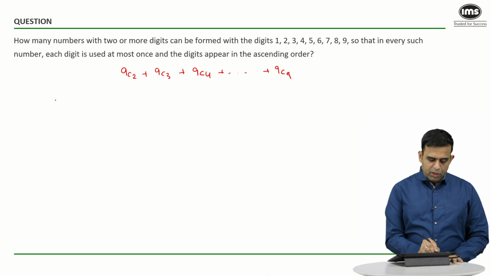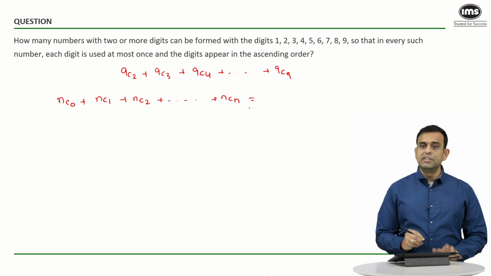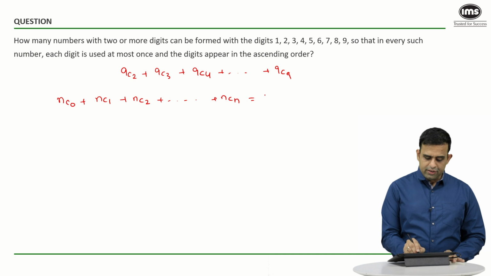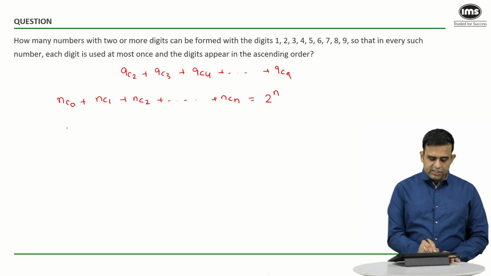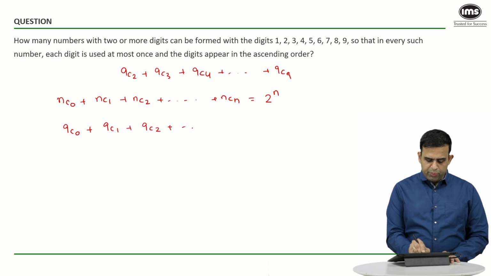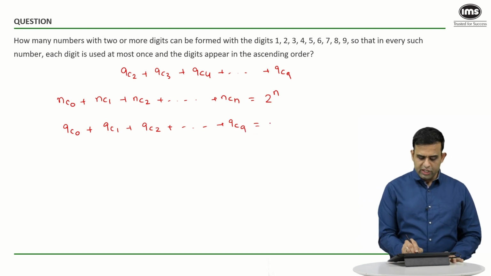I hope people know this property: nC0 plus nC1 plus nC2 all the way up to nCn is equal to 2 power n. So if I put the value of n as 9, one gets 9C0 plus 9C1 plus 9C2 up to 9C9, and this must be equal to 2 power 9,